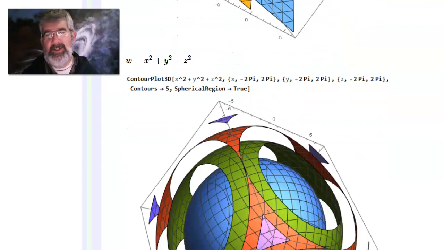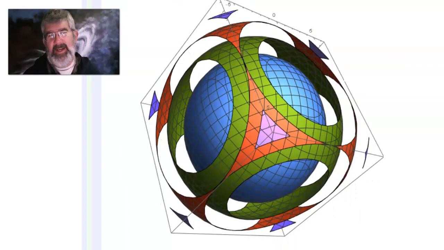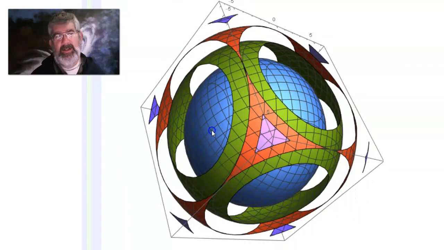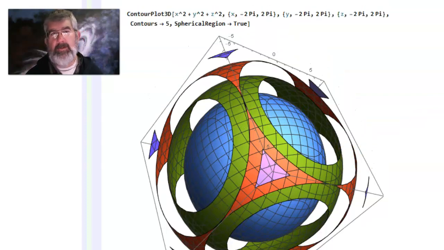So here's the static view of that. I've got 1, 2, 3, 4. I told it to draw 5, so there must be a sphere inside that blue one that we're not seeing. But there are the nested spheres, which are the contours of w equals x squared plus y squared plus z squared. If I look at that in a movable way,